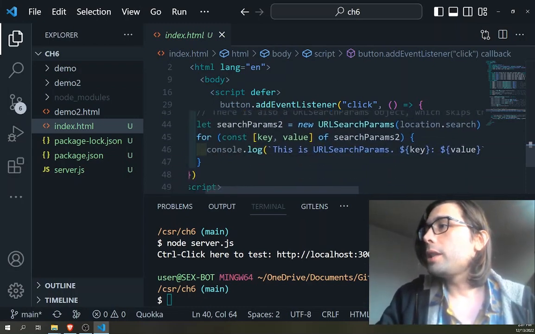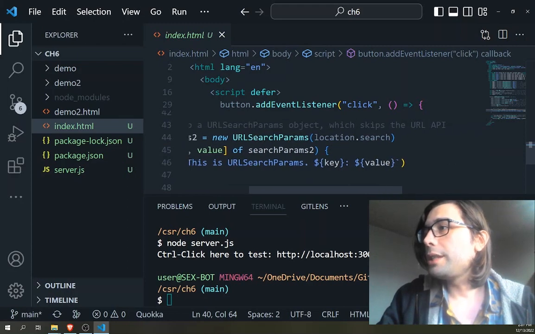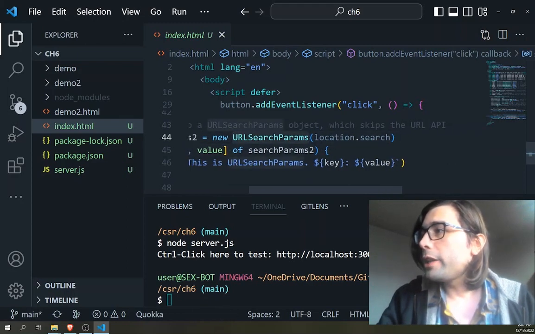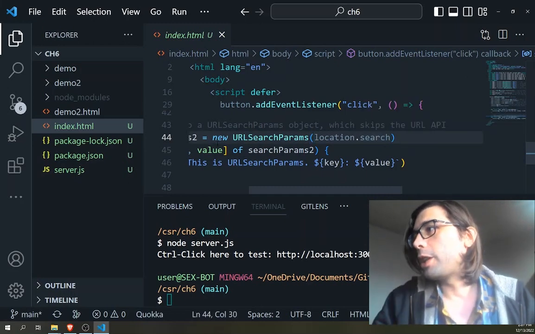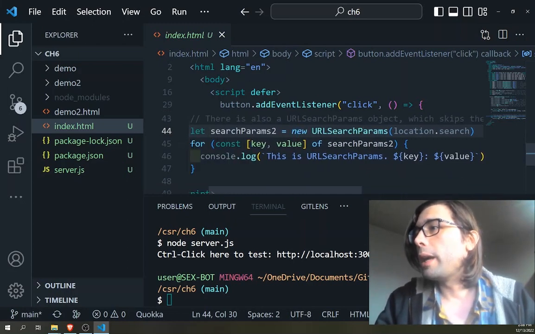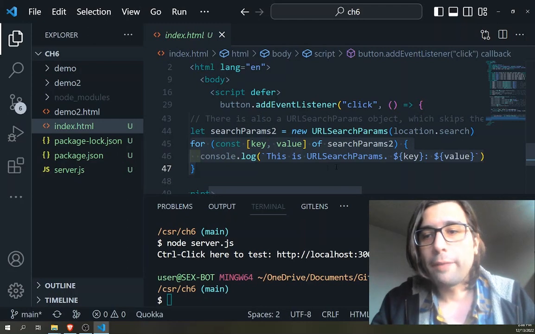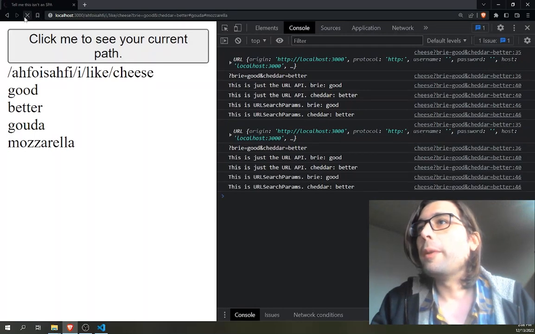And then also, if you want to skip making the URL like that, what you can do is actually just take the search parameters out. If that's all you're worried about, then you can just go straight to the location API, tell it that it has these search parameters, and then just make some search parameters out of it. It's super duper easy. And then from there, you can work from a key value pair of what you have in the URL there. So up here, if we have click me to see your current path, if we refresh, it's actually going to have,